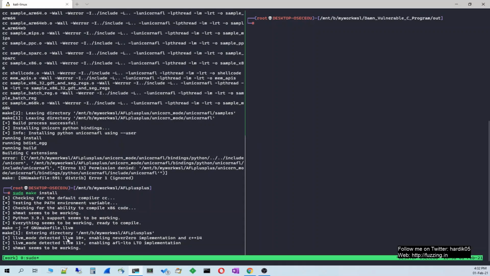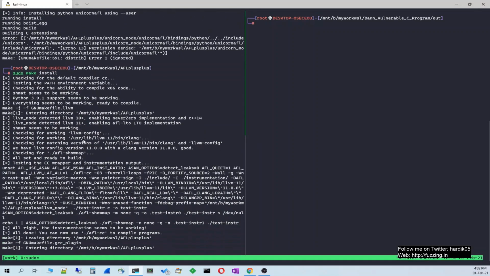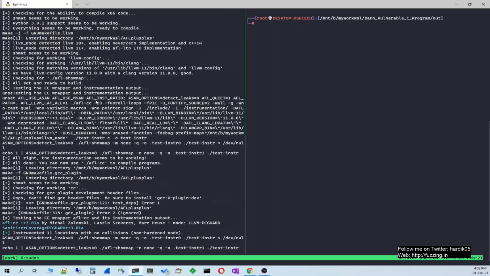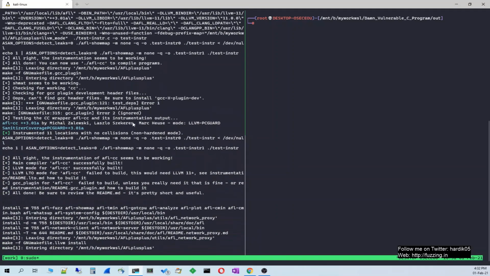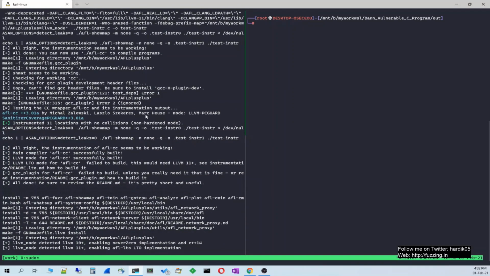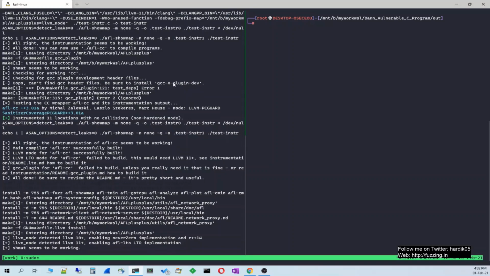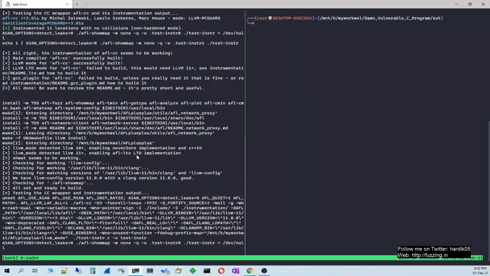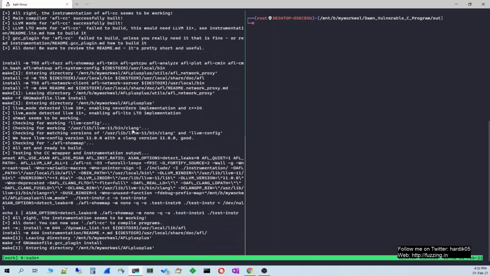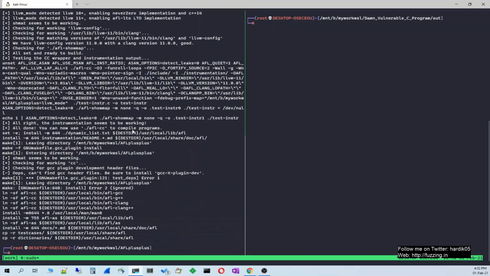So you can see that I have LLVM 10 plus 11 over here. And this was the missing dependency which I needed to install, that is gcc-plugin-dev. And it's done.